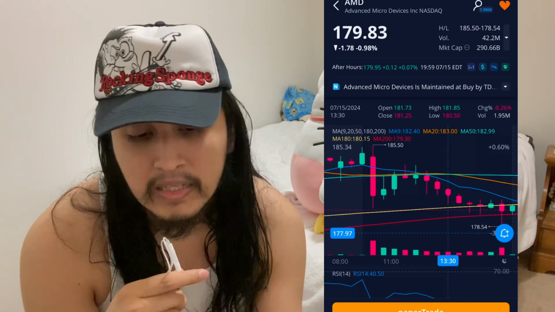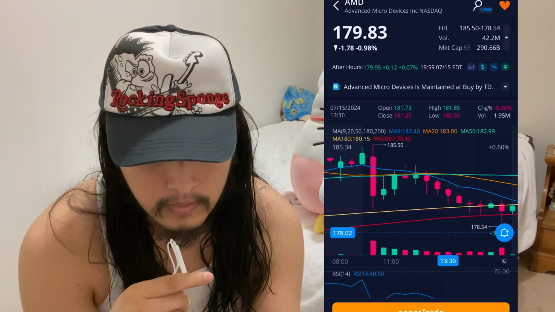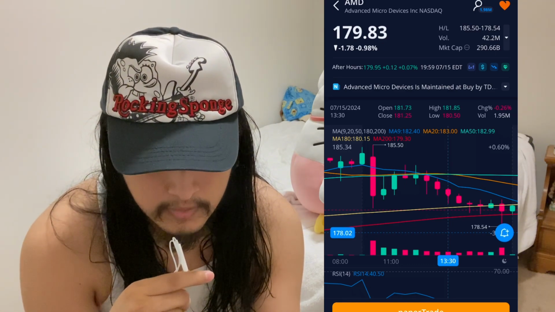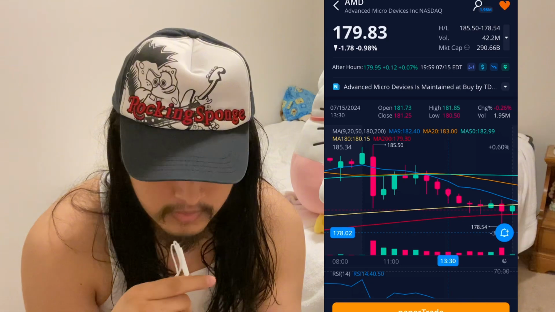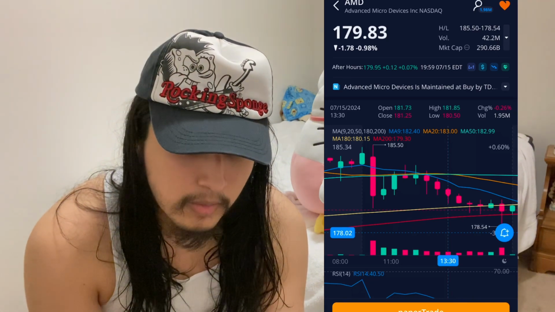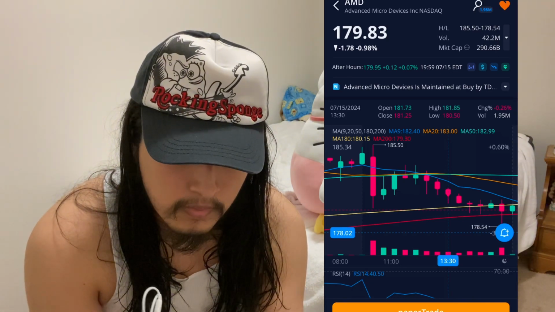And so, as soon as I saw that this candle right here was approaching the 180-day moving average, I bought a call option there. The next call option that I bought was around, let's see,